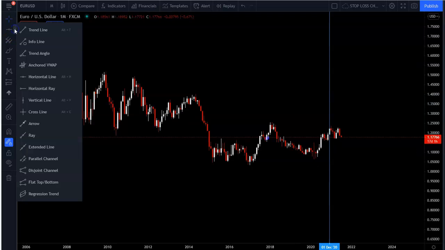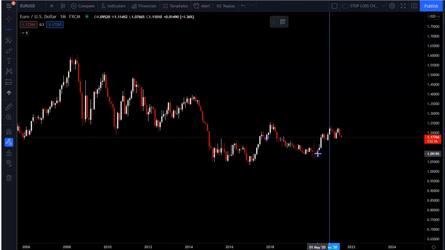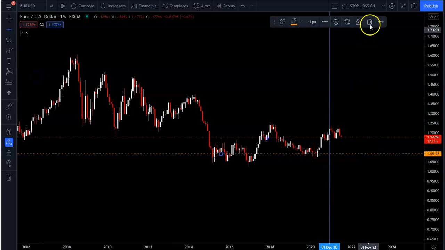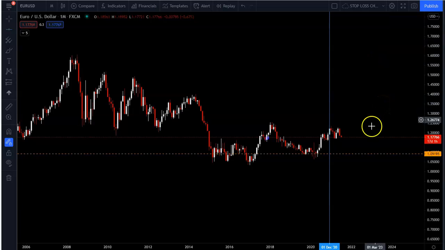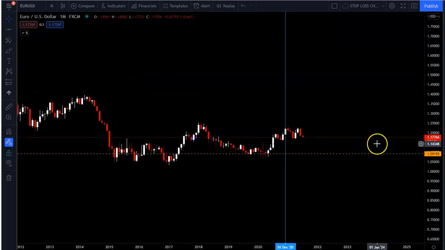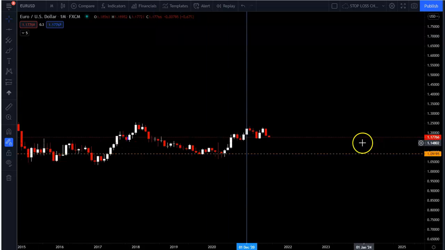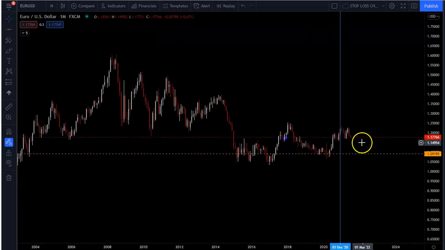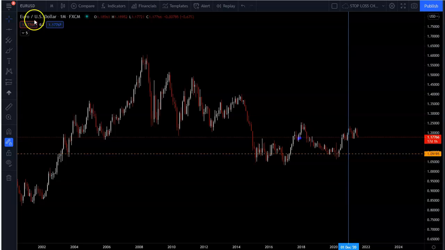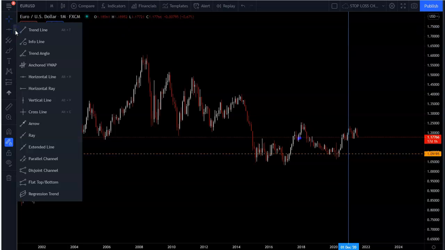What I'm going to do is get a horizontal line and place it right here, and we'll lock that. Then we're going to look at the chart as well, because we do see that price is moving downward here. I want to take a closer look here as well, because even though price has been trending downward, for the monthly chart we're going to go ahead and